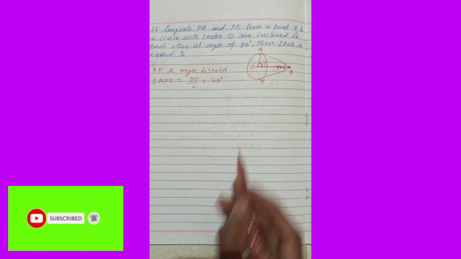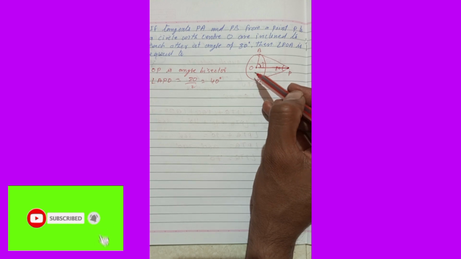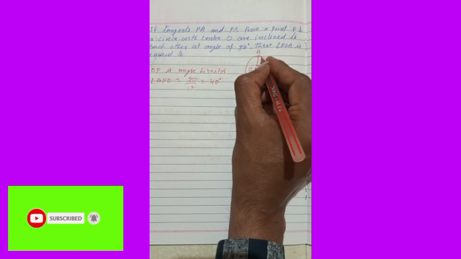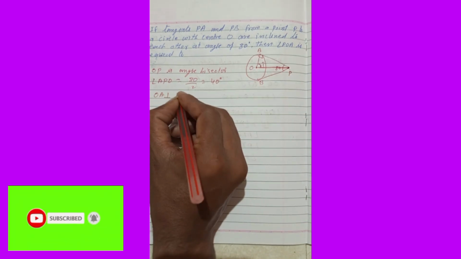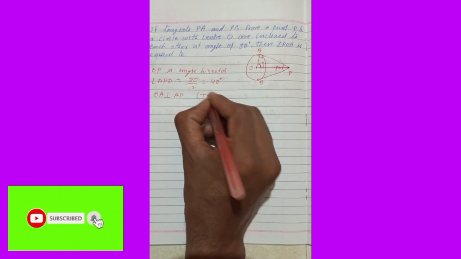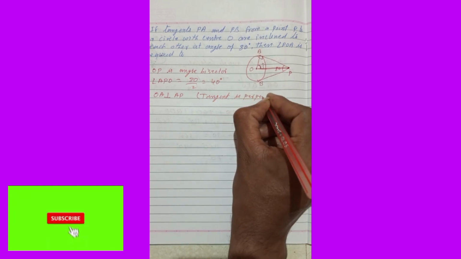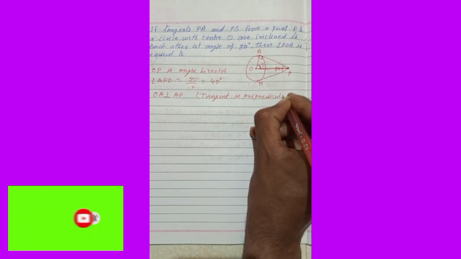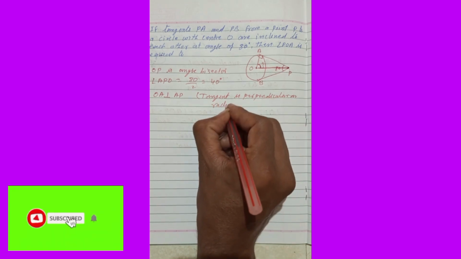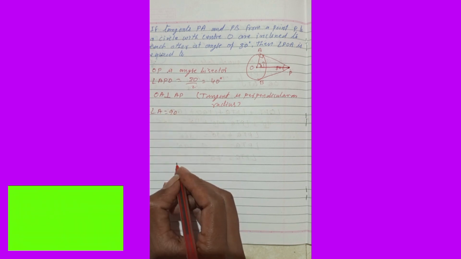Otherwise, in the question number 2 we did on the backside, we can also join it like this, find the total angle, and take half of that angle, then the answer can also come. And now we know this angle A is equal to 90 degrees. Why? Because OA is perpendicular on AP. Because a tangent is always perpendicular on the radius. So angle A is equal to 90 degrees.